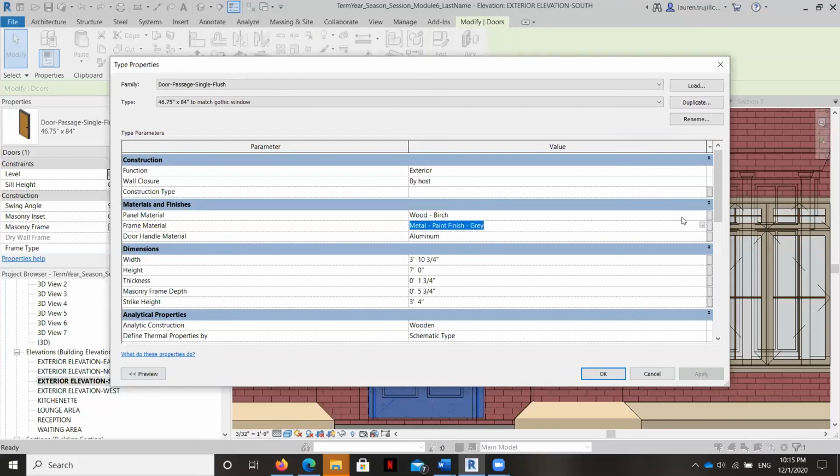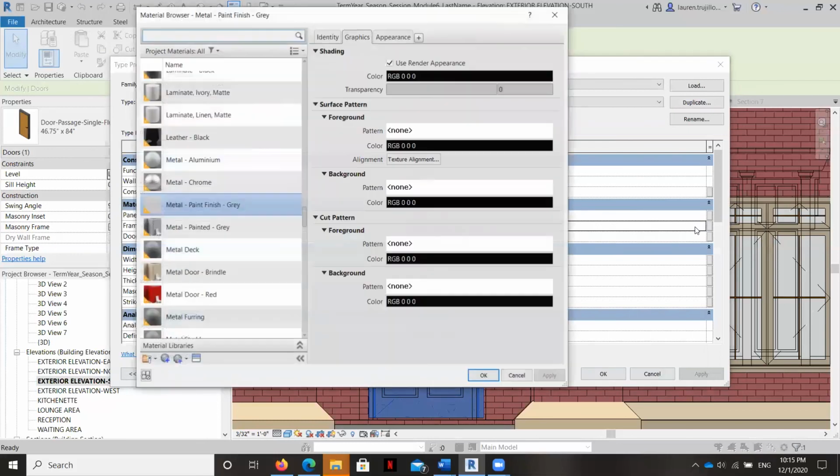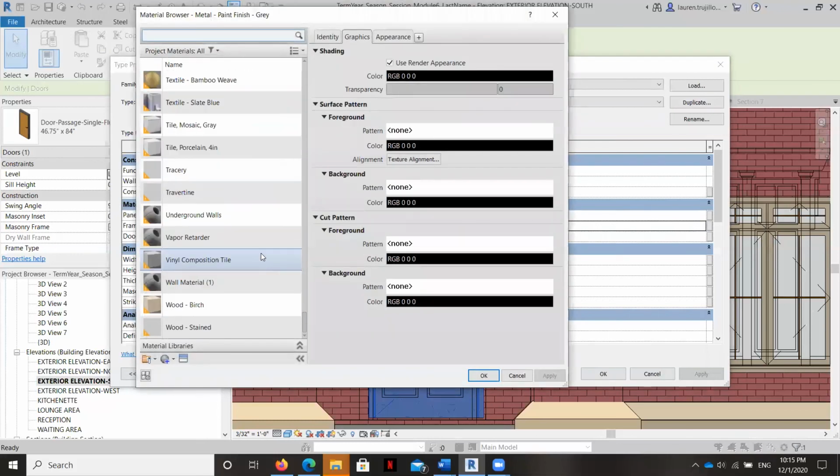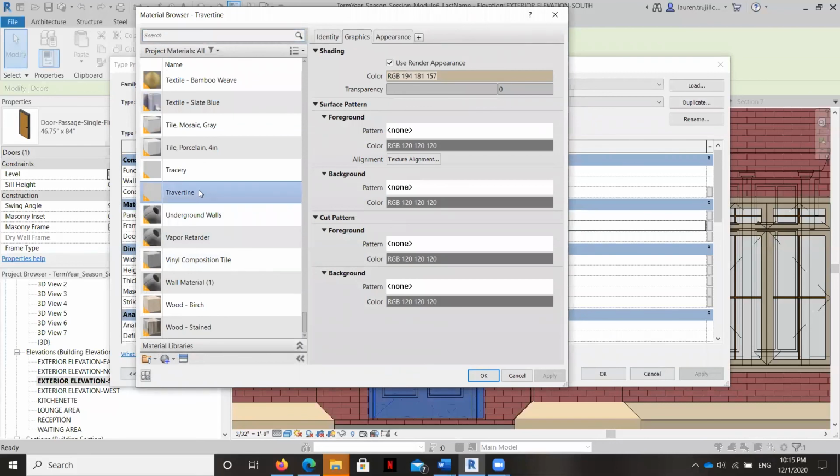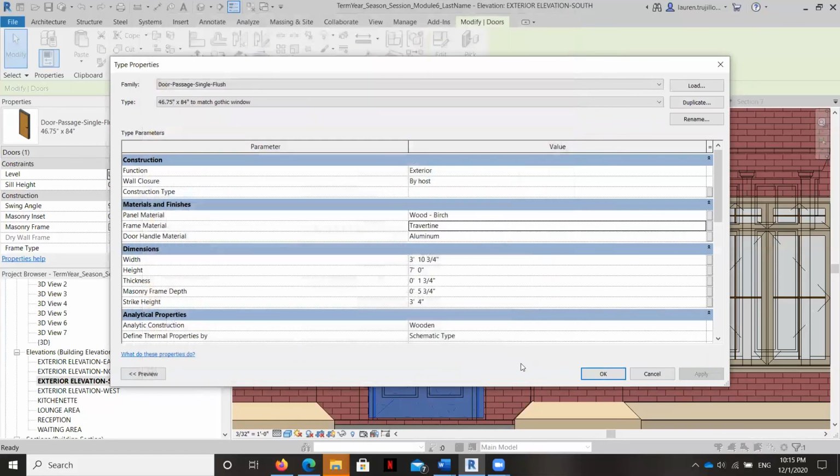Okay, so I'm going to change the frame material to, you guessed it, travertine. Now, a door casing in travertine would be a little bit difficult to make, although they can be made. You can also clad them. You can have fake travertine that's a little bit easier to mold and shape. You just pour it in molds and it's a composite.